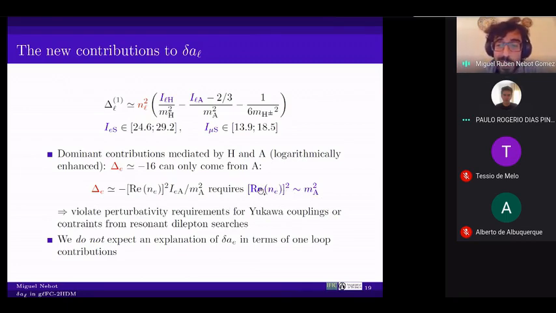This means that, since you want this guy to be heavier than the Higgs, you are putting here quite large numbers. And this might be a problem if you later impose some perturbativity requirement on your couplings, apart from other constraints like the one that I was mentioning. So in principle, for the electron anomalous magnetic moment, this does not seem to work at one loop.